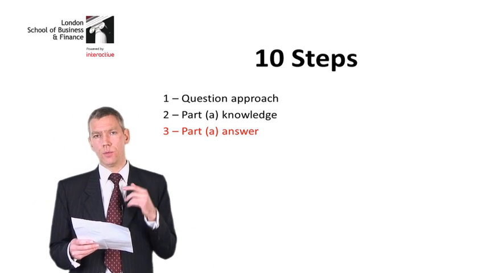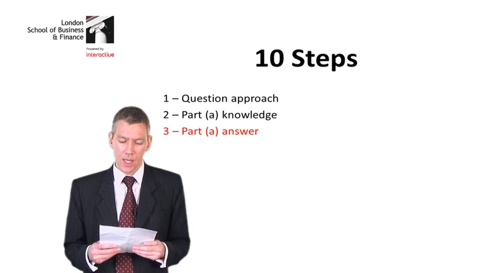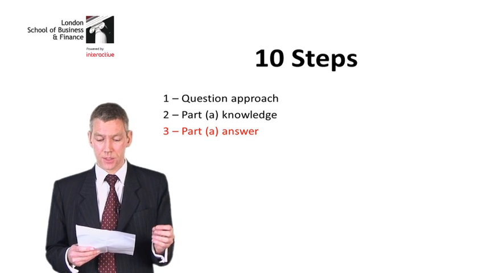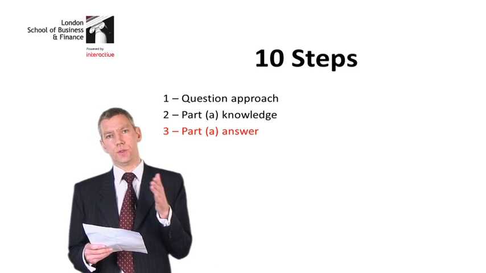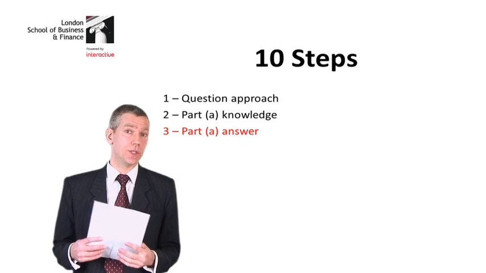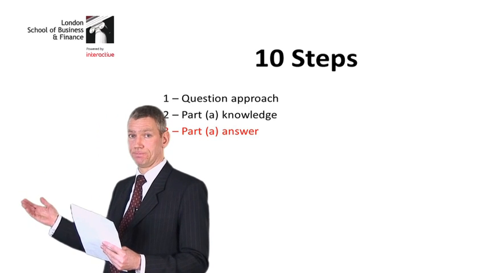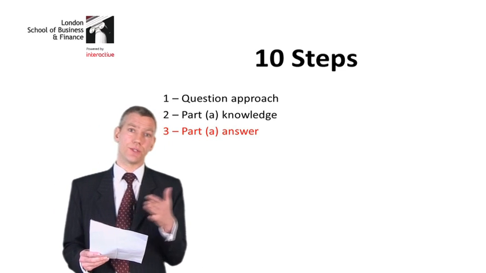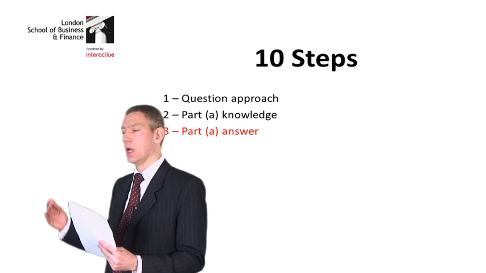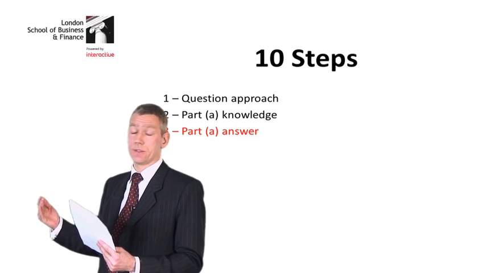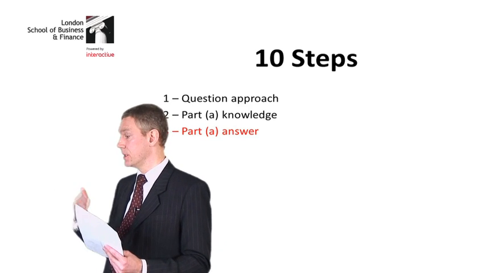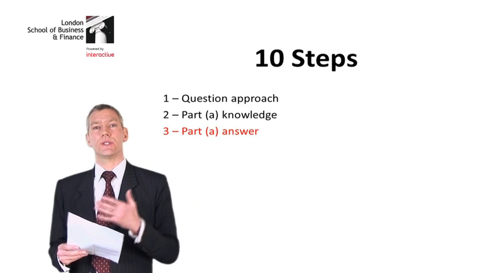But reading on, there's a very important part of this sentence that I haven't read yet. Kate recognised a material deferred tax asset in respect of carried forward losses which expire during 2012. Now, I'm working here in the UK, and tax losses here in the UK can actually be carried forward forever. So clearly the question is not in the UK, it's in another country. We don't know which, but what we do know is that those tax losses expire in 2012, which for the purposes of this question means the near future. So, how is that important?